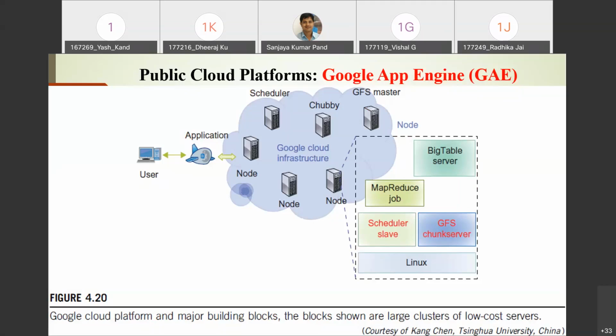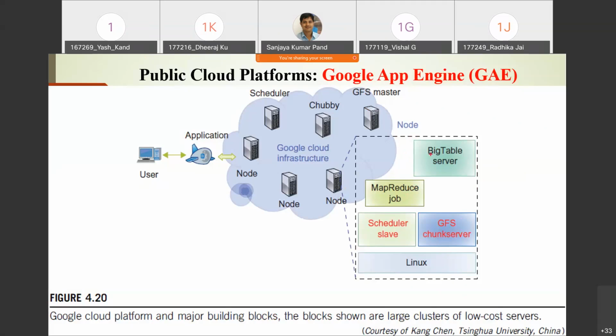In each and every node, it is maintained like this. Like you can see, this node is having the Linux operating system. On top of the Linux system, you have a scheduler and Google File System to store the large amount of data. These data can be processed using MapReduce. You have to make key value pairs, and there is a data node that can transfer the data to a number of worker nodes in order to get the job done.